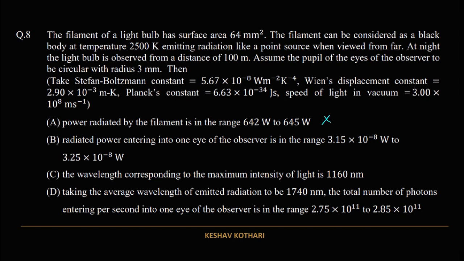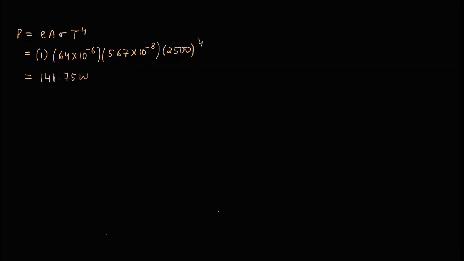Now we are talking about the radiated power that is entering into the eye of the observer. So for this one, we are solving it in this way, that we are considering that this is the light source, and the power from this light source is radiated in all the directions in a sphere, and the observer with a pupil is over here with a small patch of area pi r square, where small r is the radius of the pupil that we are taking, and capital R is the radius in which the light is scattered all around.